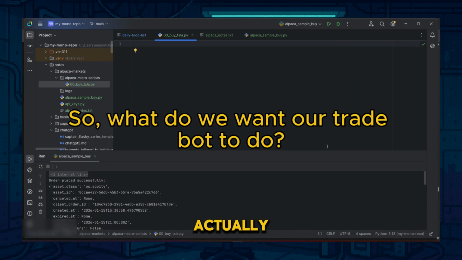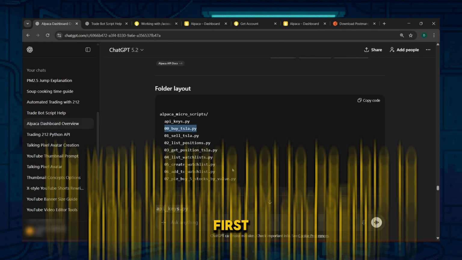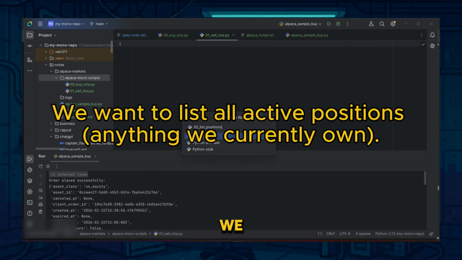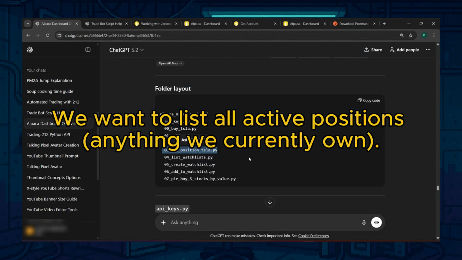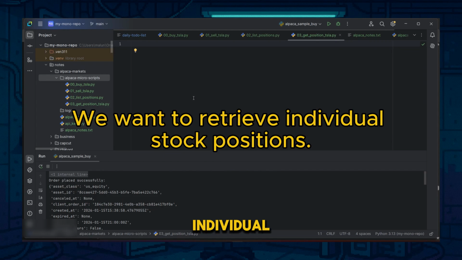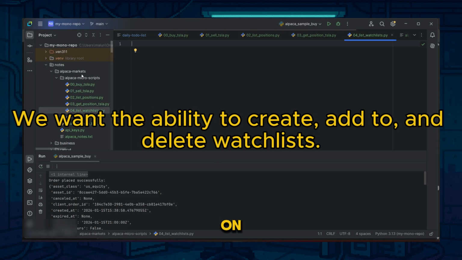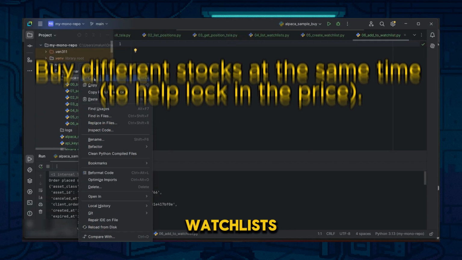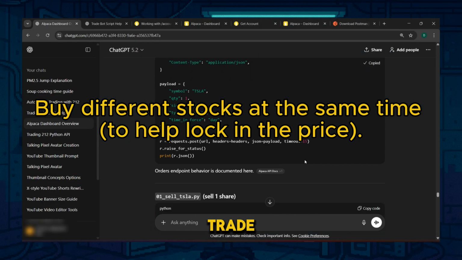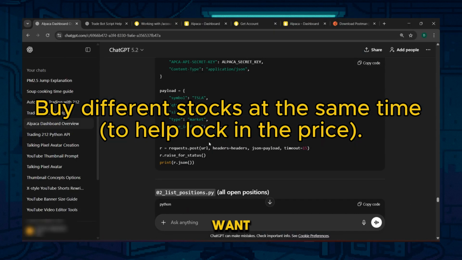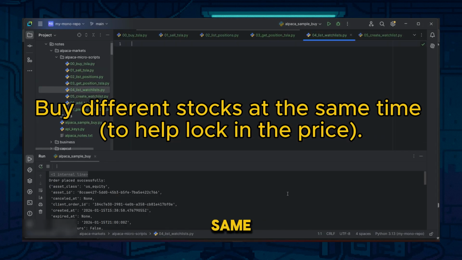So, what do we actually want our TradeBot to do? First, we want it to be able to place orders buying and selling stocks on our behalf. We also want it to list all our active positions, which is simply every stock we currently own, and be able to retrieve the details for an individual stock when we need them. On top of that, we want the ability to create, add to, and delete watch lists. Watch lists are important because they help the TradeBot keep track of the stocks it's interested in and watching closely. Finally, we want the bot to be able to buy different stocks at the same time, so we can lock